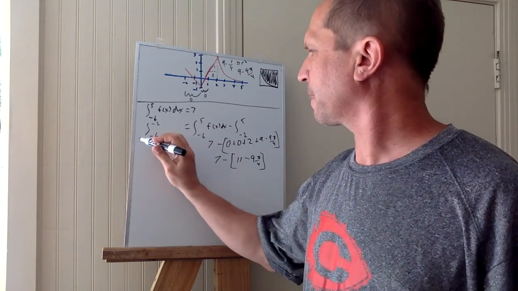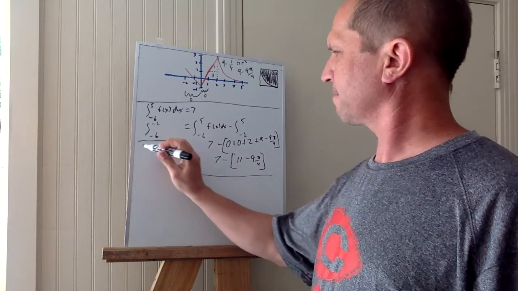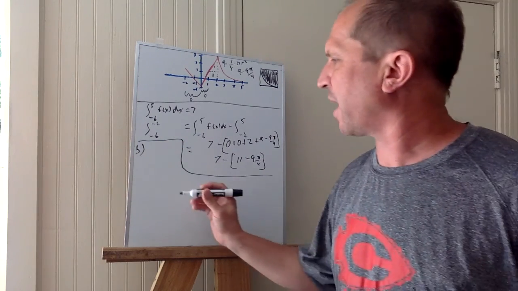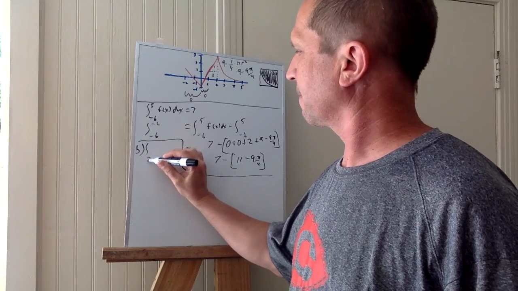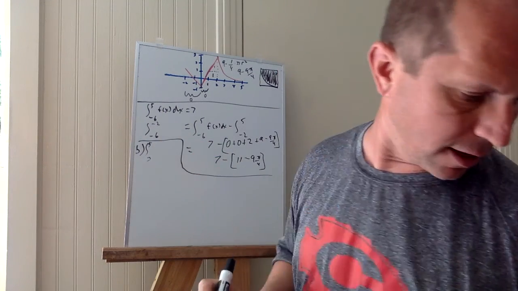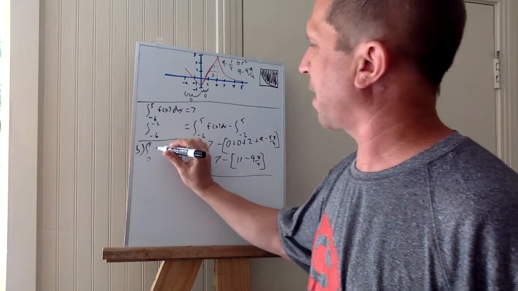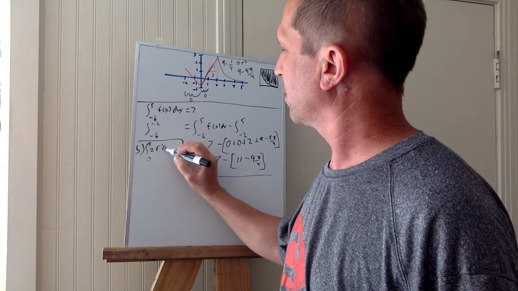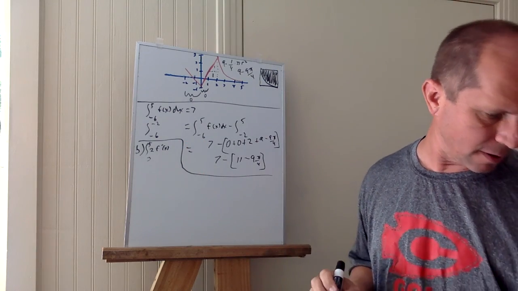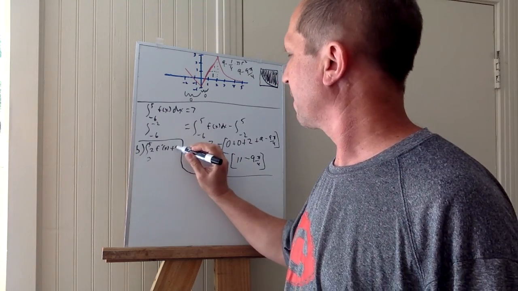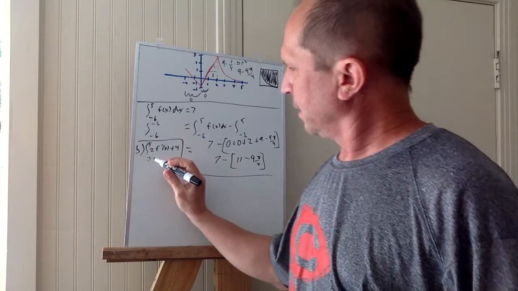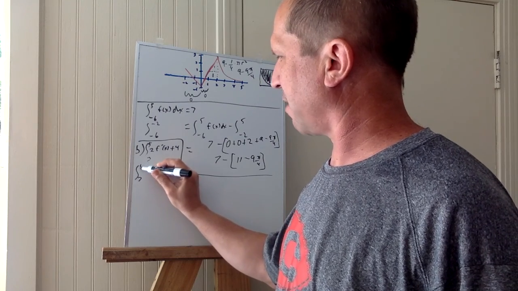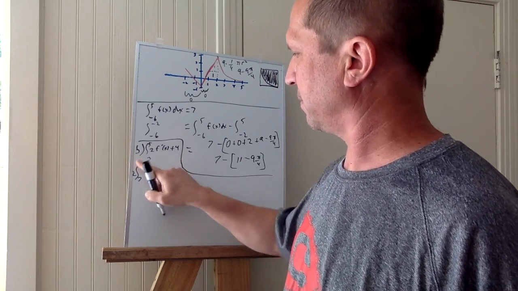Part B. Part B asks us to evaluate the integral from 3 to 5 of 2 times f prime of x plus 4. So we're going to break this up into 2 different integrals. So it's 3 to 5. I'm going to say 2 times,